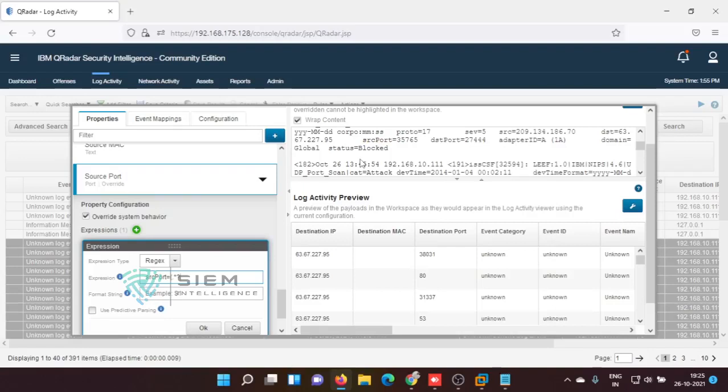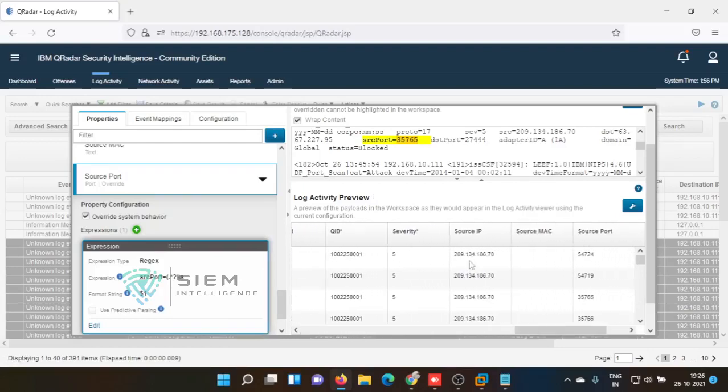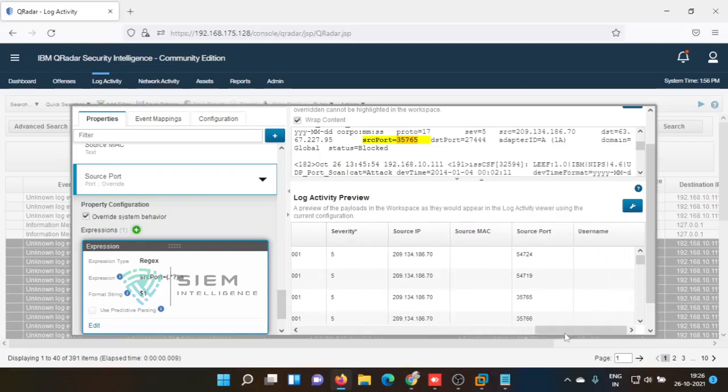Then close the bracket, then backslash S for space. Now what should I pick up? $1. Now you can see there is a source IP, and now the source port is also coming.